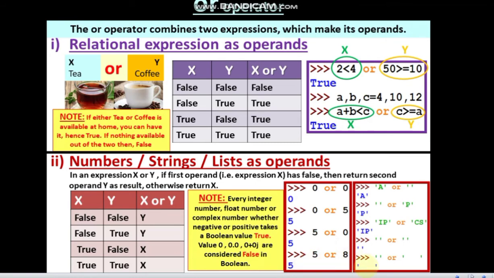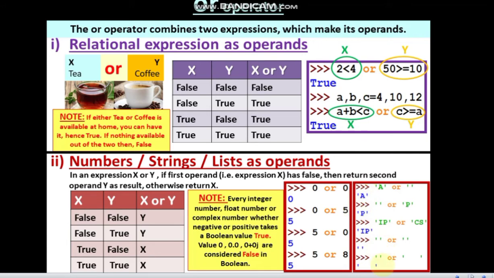Now see here in the other example of string, and remember always that an empty string is also considered as false. Otherwise all the strings are considered as true value. Even a space is a character, so it is also considered as a true value. So in the same way, if you check 'a', which is given as a string, which is a true value, and an empty string which is a false value, so true or false, which one will be returned? In case of true or false, we know that the value of true is returned, that is x. So the value of 'a' is returned here. So in the same way you can go for the other examples as well.